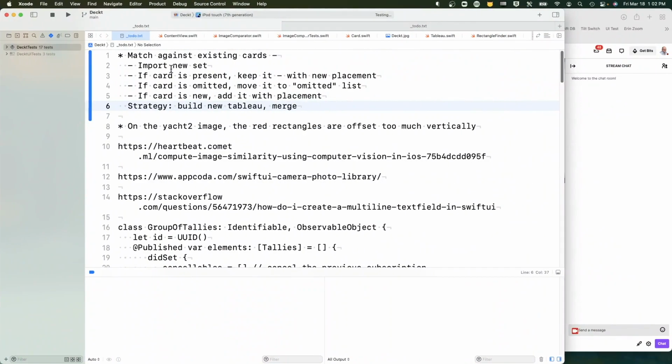Yeah, it's starting slow. Okay, so our last idea was we want to match against existing cards, import a new set, and see if a card is present. We'll keep it with the new placement. So let's say the card was on the bottom of the pile or the bottom of the grid, and we take a picture where it's on the top of the grid. The card should move up to the top of the grid. If the card is omitted, we want to move it to some omitted list. And if it's new, we want to, of course, add it. So present and new are probably more related than